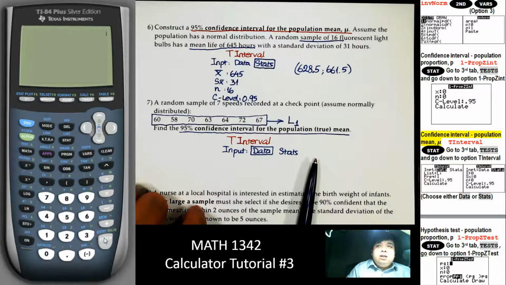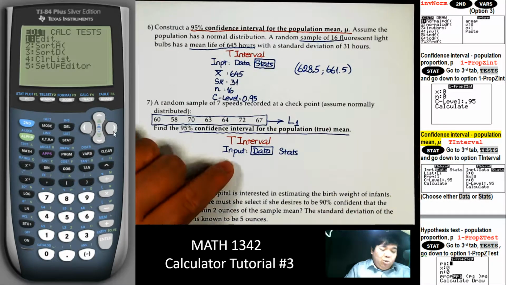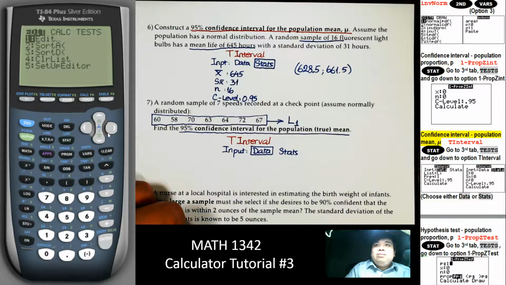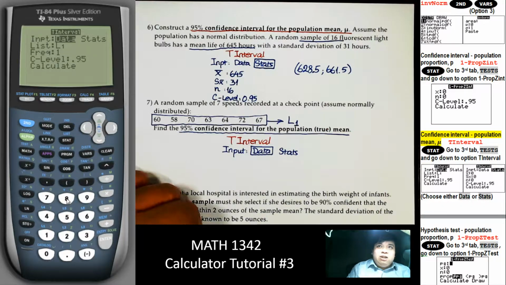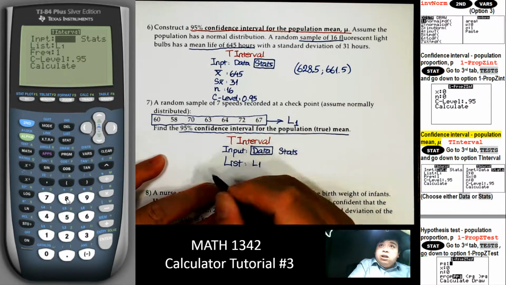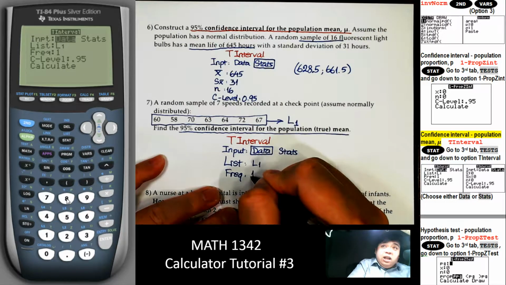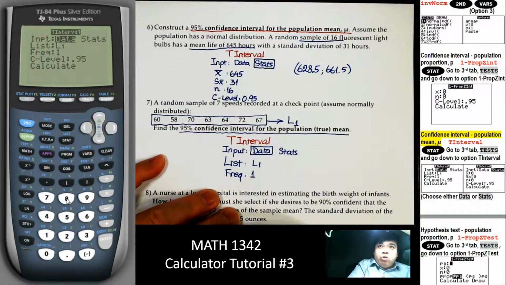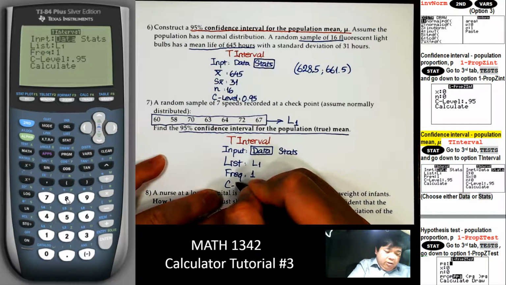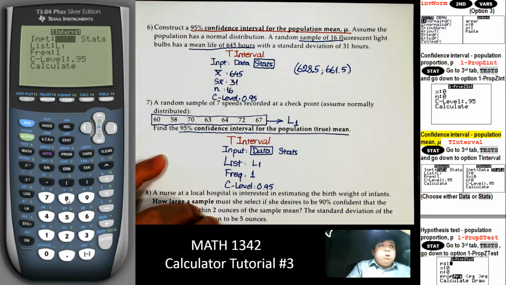And calculate. Right. Do that again because I forgot to write out what we have on the screen. Just choose option 8. So data list will be L1, frequency. You don't need to do this on the test now. I just want to write it out here so it is easier to follow. And confidence level of 0.95. So we do put all that in